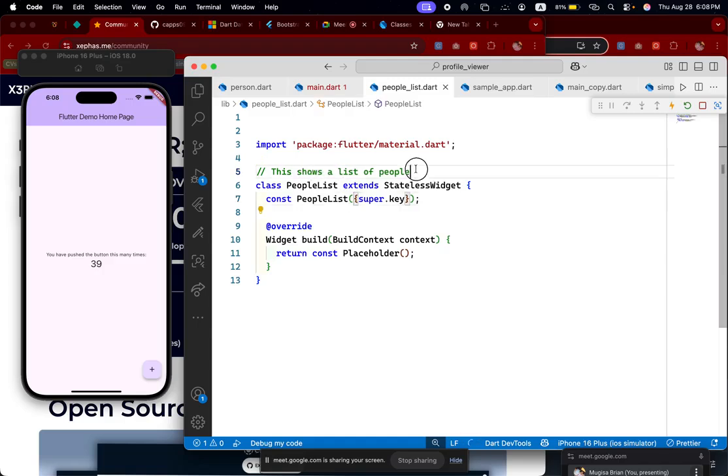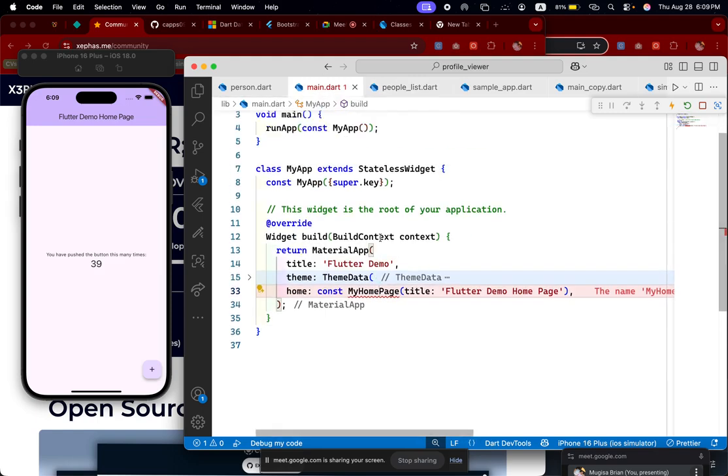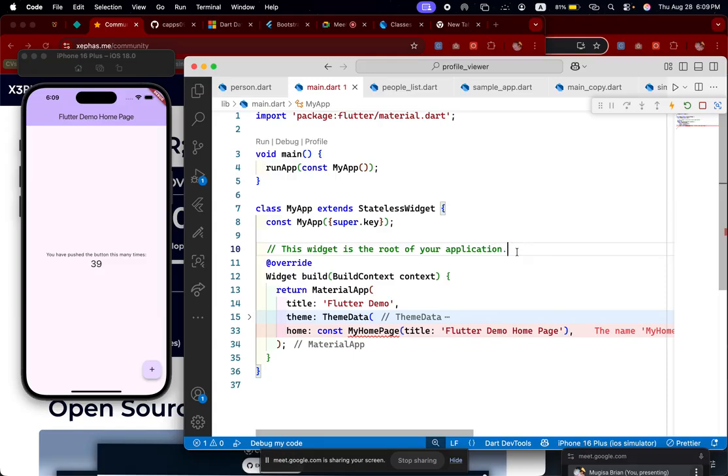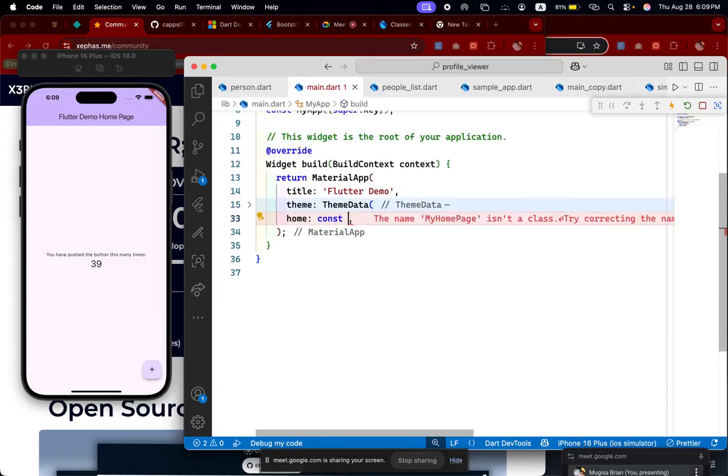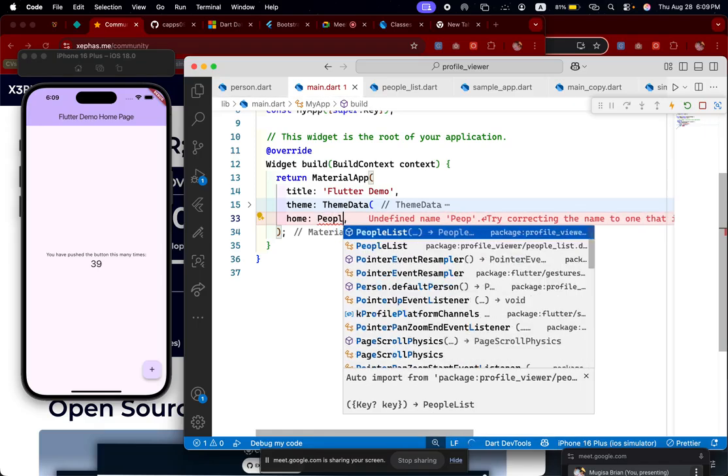Most of my time when I'm coding, I always put comments so that when I'm referring to the code in the future, it is easy for me to know what I was doing. So you can also take on that. The good thing now, we have AI, so it can put these comments for you so that you don't have to do things manually. So I'll call here our people list,